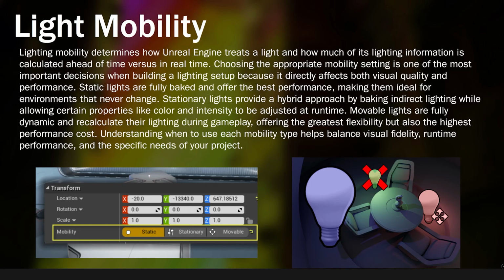Now, one little limit of stationary is what you'll see right here. And you might have seen this before if you've played around with lights in your scene. This X actually means that this light is a stationary light, but it has hit its performance limit. What I mean is stationary lights have a small limitation in that you can only have 4 of them overlapping. Every light has that light attenuation range or radius, that area of influence. If 4 of them are interacting with each other and intersecting with that range in mind, then